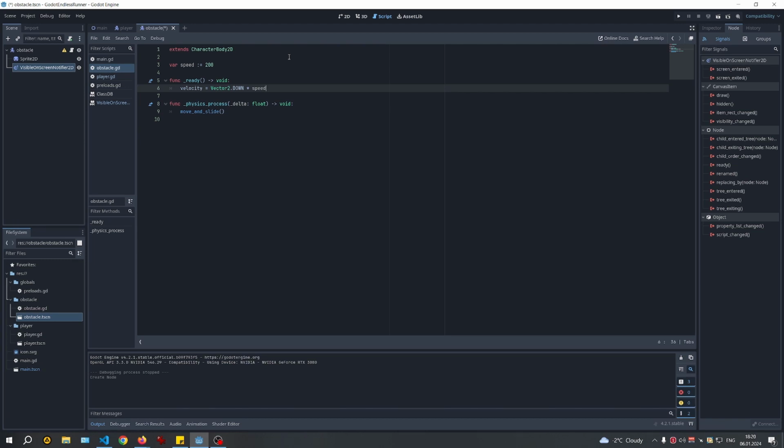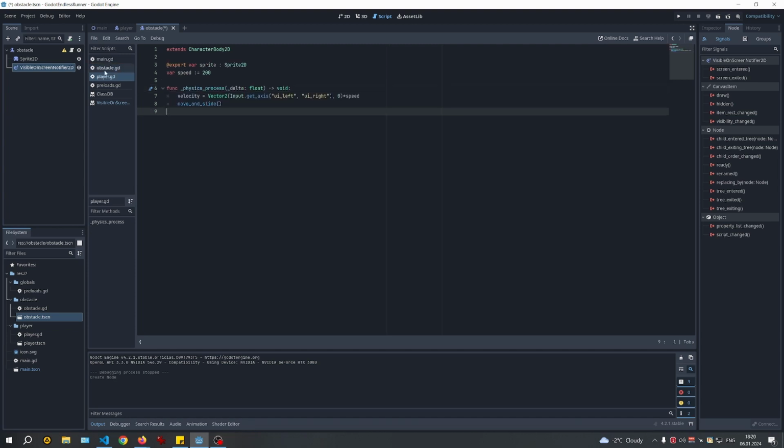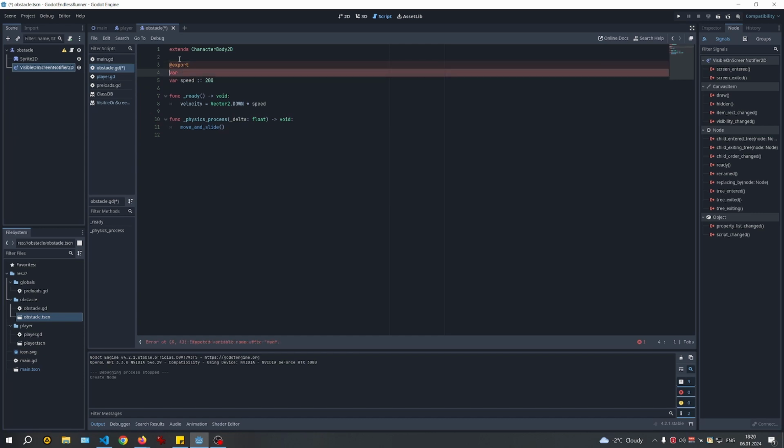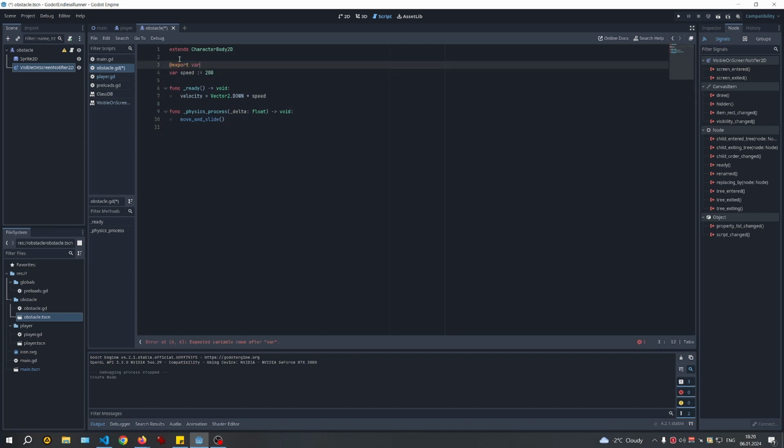them from code. Here we can once again, wait, I put it on top, so let's again put it on top. You can once again create an export variable. Can I put it like this maybe perhaps? No, you can't do it anymore in this version. Was the visible on screen notifier. I will call this variable